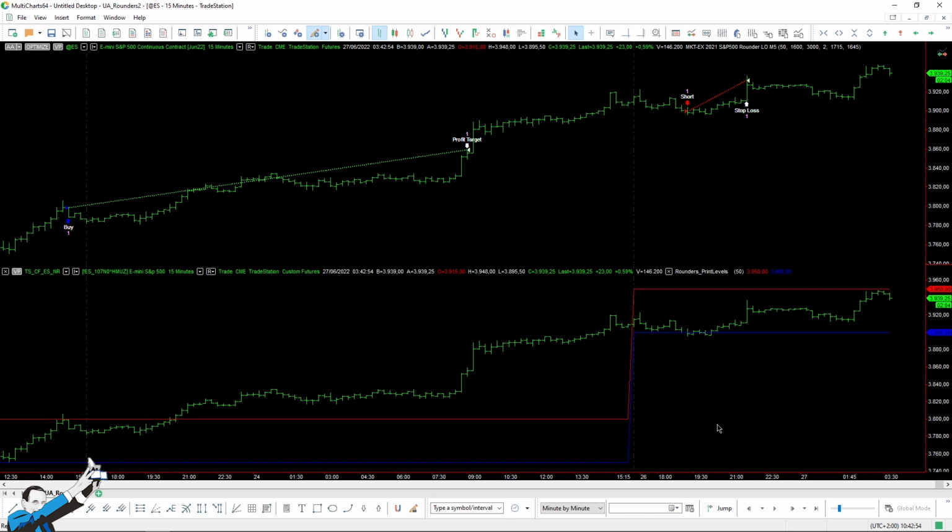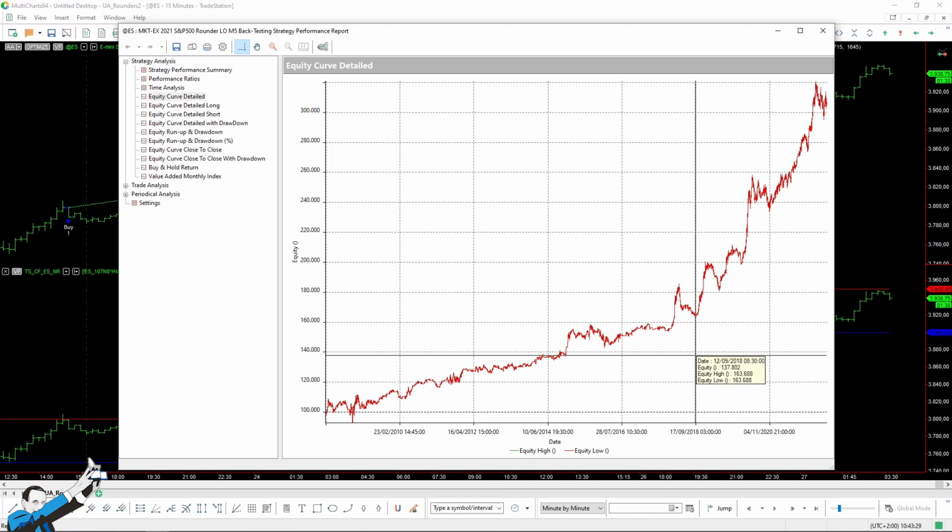On crossing upwards, we'll enter long. So let's see if the SP 500 could break through the 3,950. Maybe the strategy will enter, because there are also other conditions, such as, for example, the time window, which in this case was left quite loose. And then should we instead have a break below 3,900, here's where the strategy will enter at market. It's a multi-day strategy that will therefore keep positions open beyond the session's end.